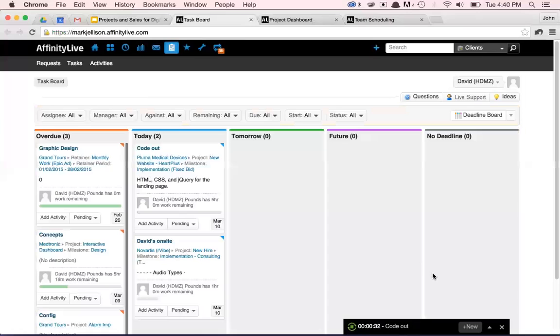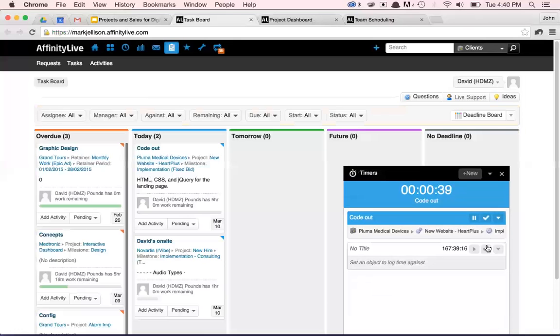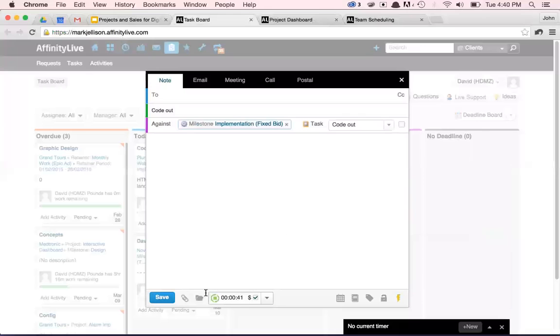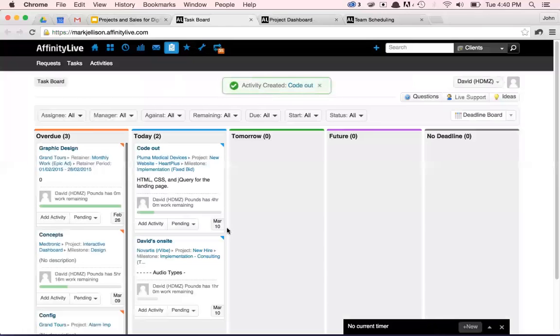So if David wanted to say, you know what, I've done enough HTML and CSS today, my brain's a little sore, he can come in and complete that certain task. Let's say that he actually worked on this for, let's say, an hour. So this timer down here is always running, but you can always override it as well. So as you can see here, 4 hours are now remaining on a 5-hour task. The other way David can log time